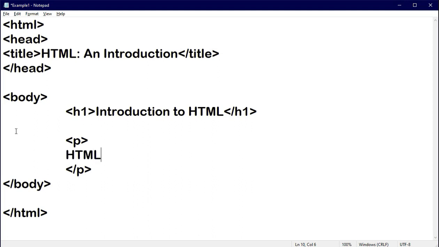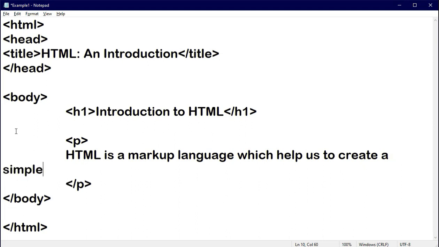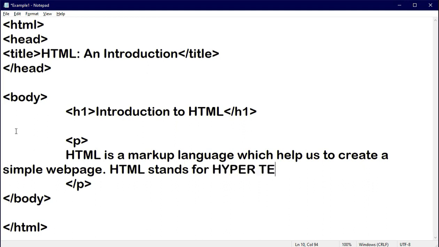So here I am writing: HTML is a markup language which helps us to create a simple web page. HTML stands for Hypertext Markup Language, full stop.